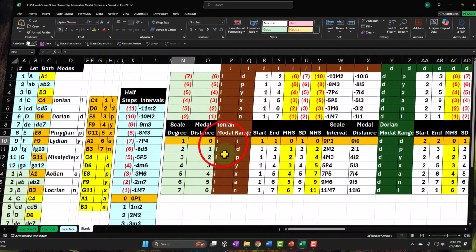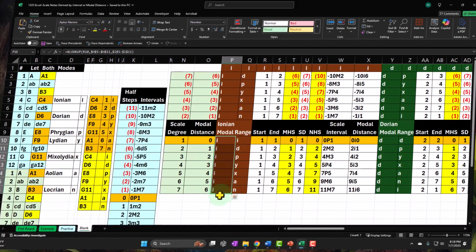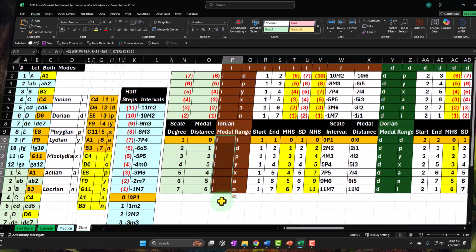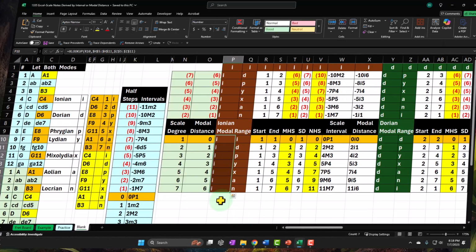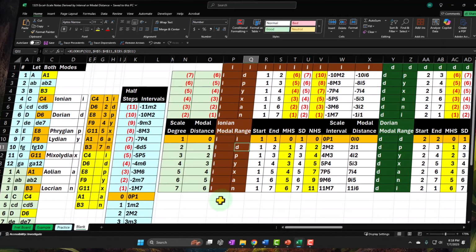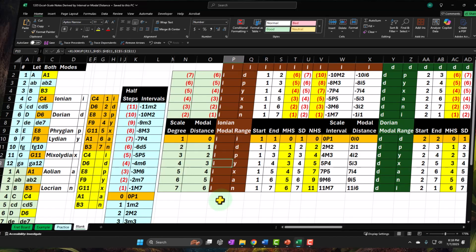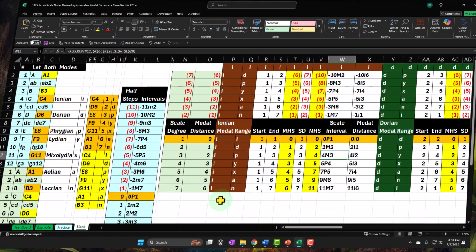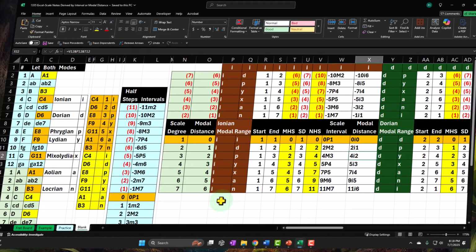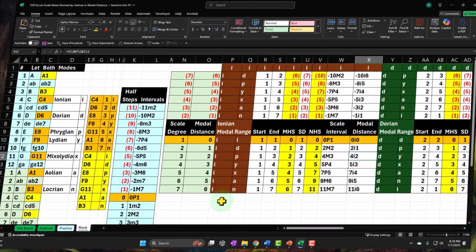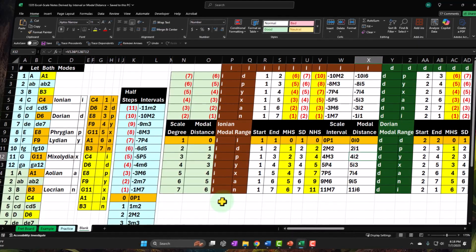And then we built around the Ionian all of the basically modal ranges, I would call them, to get to the other continents, all the non-ocean destinations, meaning an ID, an Ionian, an II, an ID, an IP, an IY, and so on. And then we looked at the distances to get from an I to an I to a D, or an I to a P in two different ways, one